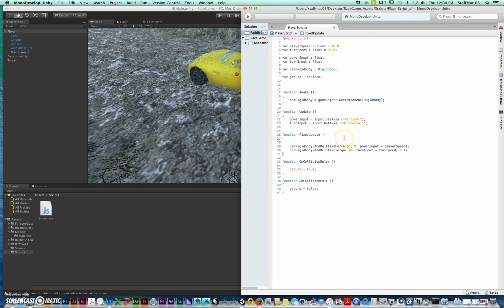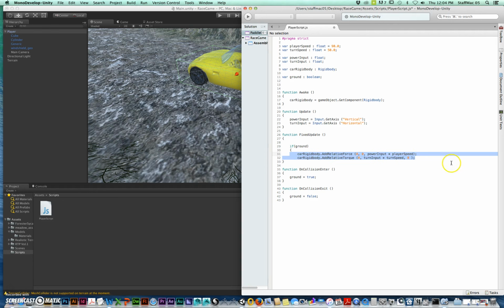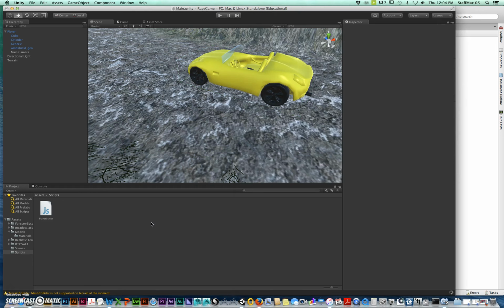Now what we need to do is we need to make it so that these here don't happen unless ground is true. And that's relatively simple to do. You probably already know what I'm going to write. I'm going to write if, and I'm just going to write ground. So if ground, if that thing is true, then it's going to run this bit of code. I'm just going to tab these in so that it's nested nicely. So if ground's true, do this. But if ground's not true, if it's not touching the ground, then you can't add any forces to it. And that's the idea. So I'm going to save that, click back in here, and then when I hit play now, you will see that